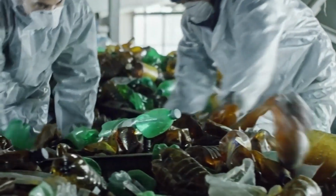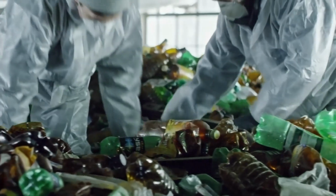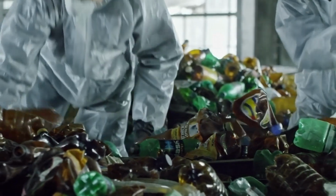And segregation, we'll have to create a system in the college, in the institution, or in the place wherever we are. And after that, the effective disposal, and this will be given to this particular group, authorized persons. The plastic will be given to this authorized person so that they will take it to the recycling units only. They will not take it to the landfills. If they are going to take it to the landfills, then there is no point in segregation. So we'll have to see to it that we segregate it and we dispose it to the right authorized person